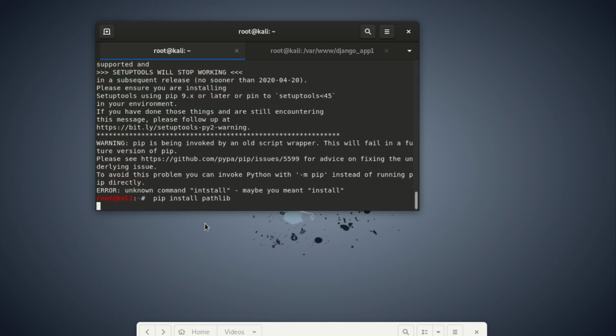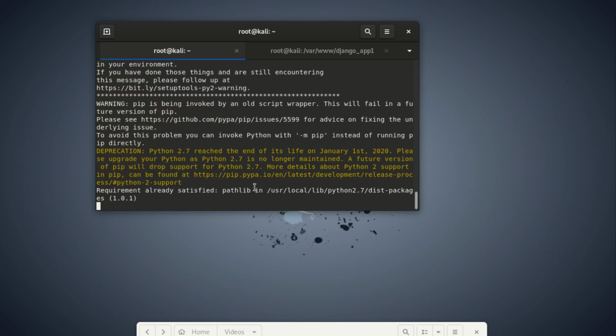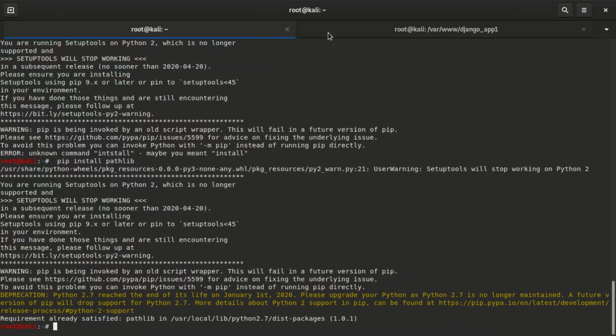Once you install that, you're gonna be sorted. You see now it tells us already exists because we installed it. So that's the way how you fix that. That's the first option to fix it. The second option could be